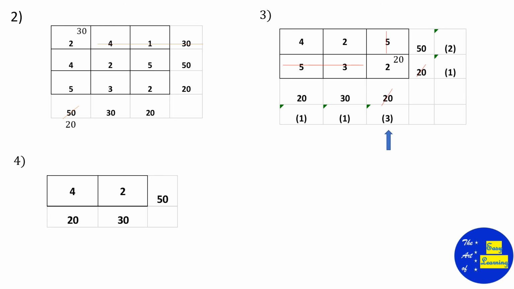So what is the least value? That is 2. First allocate for the cell which is having the least cost. So we have allocated 30. So 50 minus 30, that is 20 remaining. Here for the next cell which is having the cost value 4, we can allocate the remaining value, that is 20. All the requirements are satisfied.